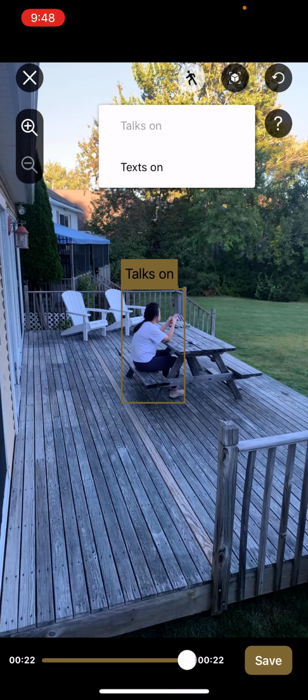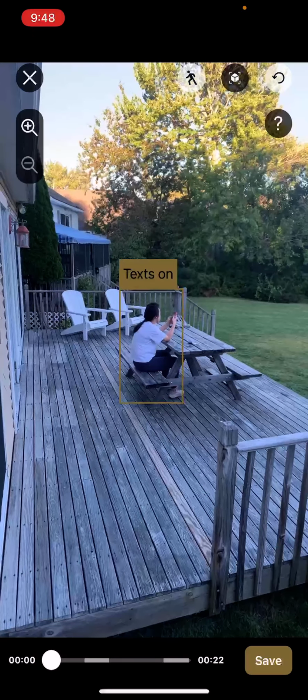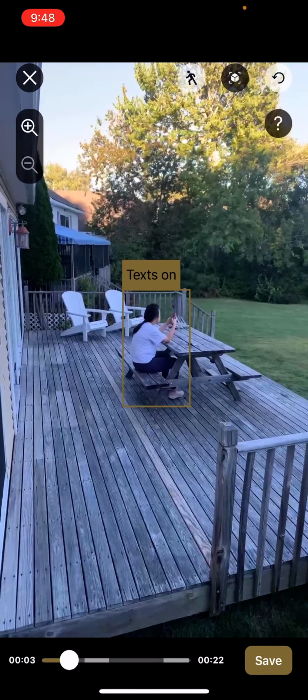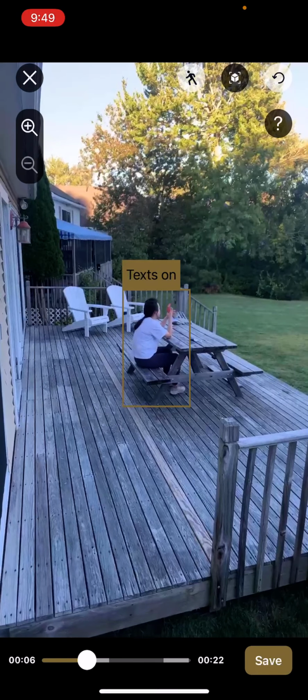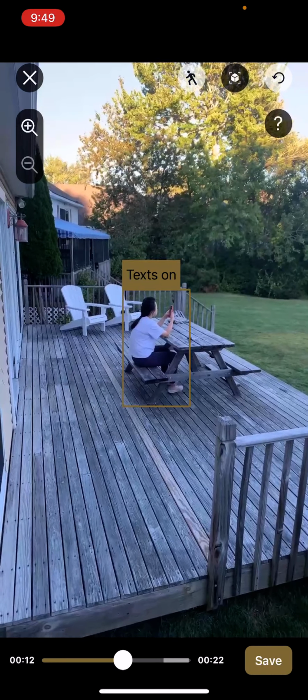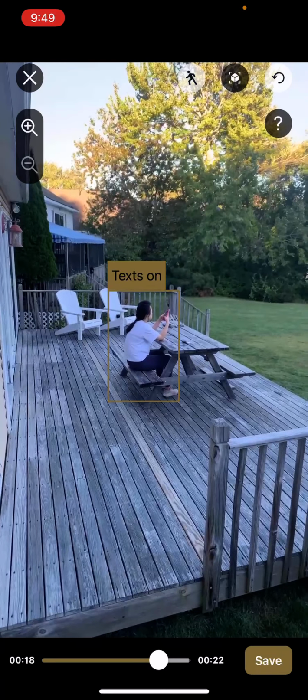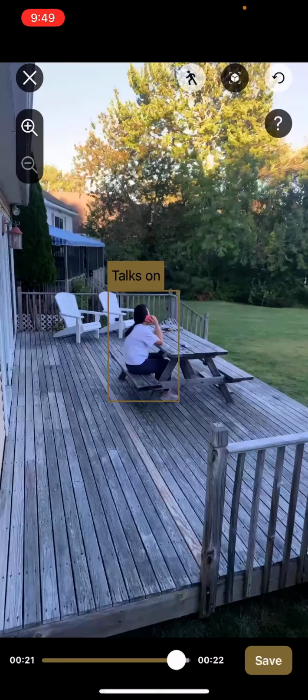So tap on the stick figure again and select texting as our next label. This label is actually easier to label than before because the subject was texting at the very beginning. So we can simply tap within the bounding box to start the video and relabel at the same time. Hold your finger within the bounding box to trigger the relabeling for texting, and hands off when the actor is done texting, and tap again to do it when the actor is performing texting again. Hands off. Cool.